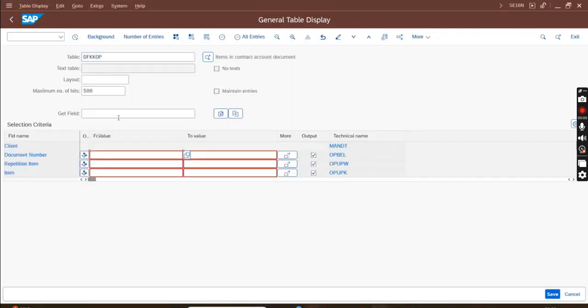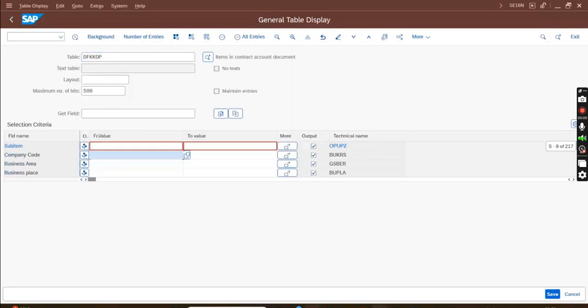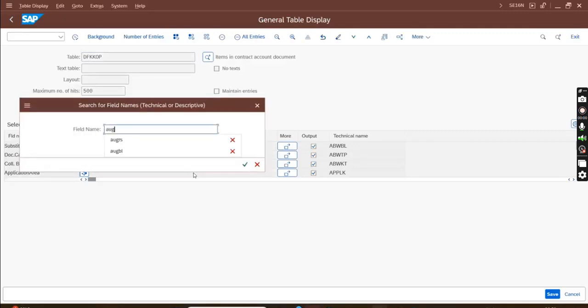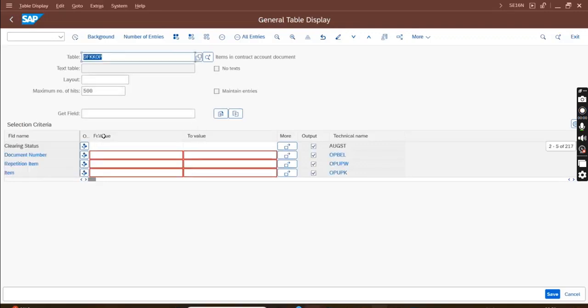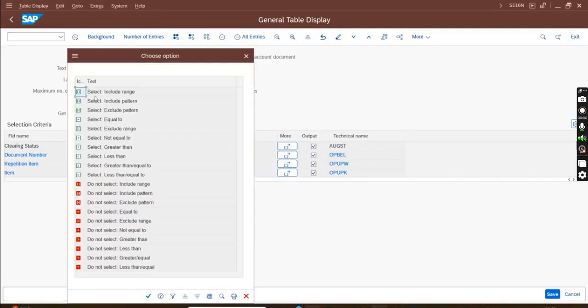PFKKOP where my clearing status equals blank. AUGST clearing status. What? AUGST is. Oh, it cannot search. Control F. AUGST, clearing status equal to blank